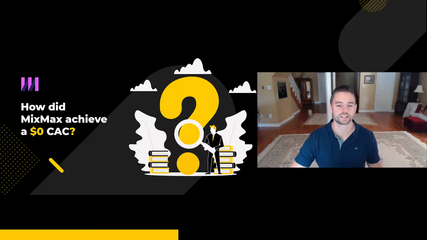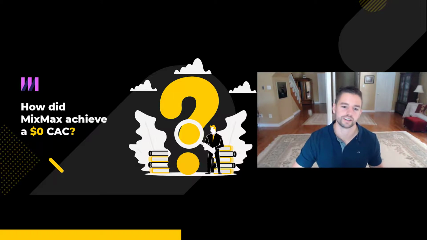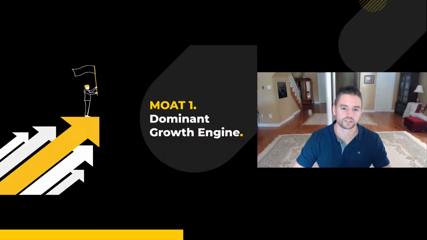And the reason I asked them at the beginning is, why are all these companies going all in on product-led growth? A lot of it comes down to them trying to build a powerful moat for their business. I'll go through 2 moats here as they relate to product-led growth, so you can see the inner workings of these companies and why they moved in this direction. The first one is about building a dominant growth engine, because that's really what product-led growth helps you do. It gives you this powerful moat and helps you grow much faster.